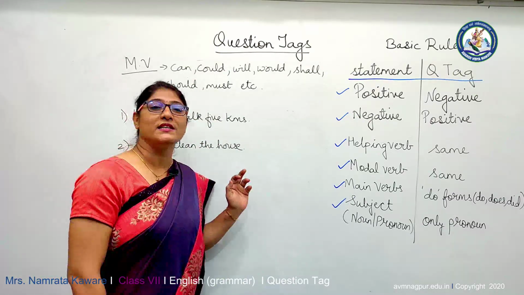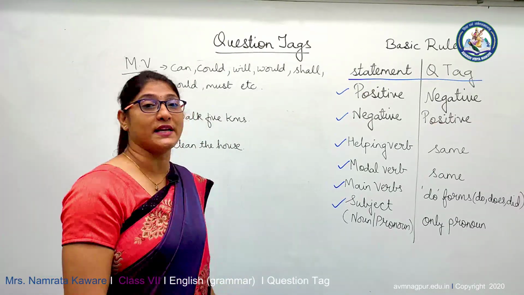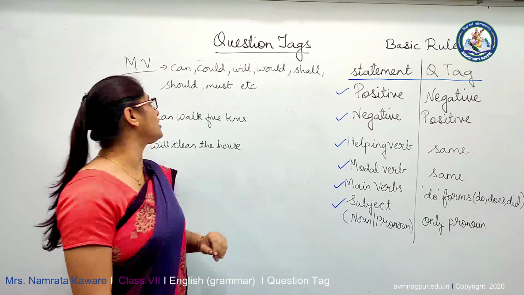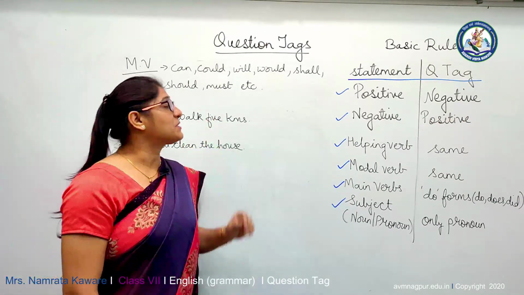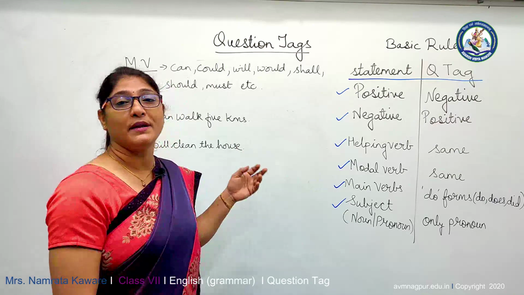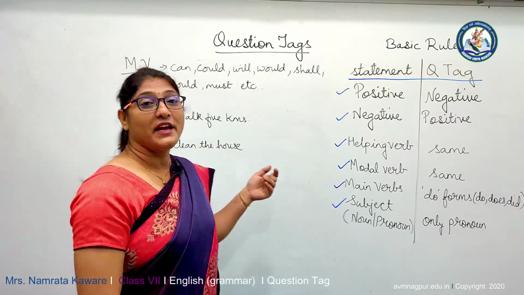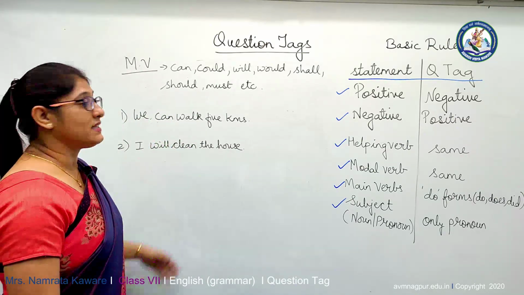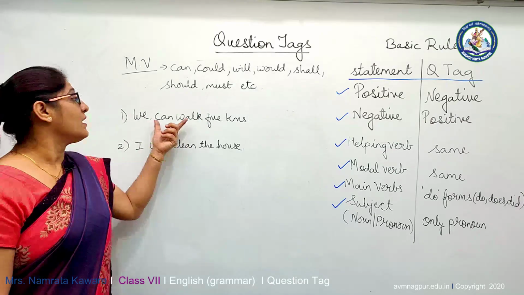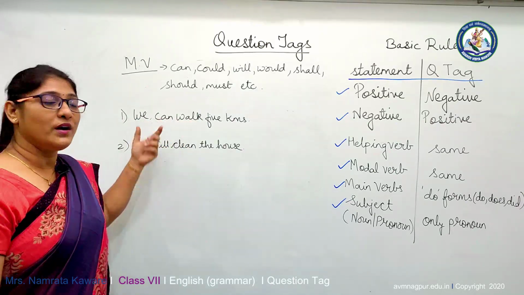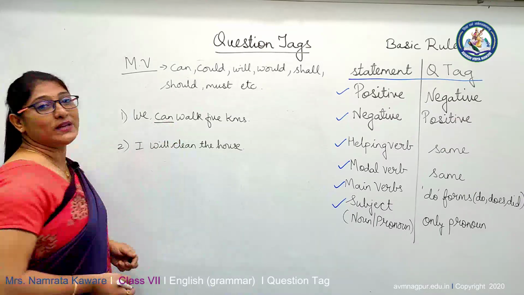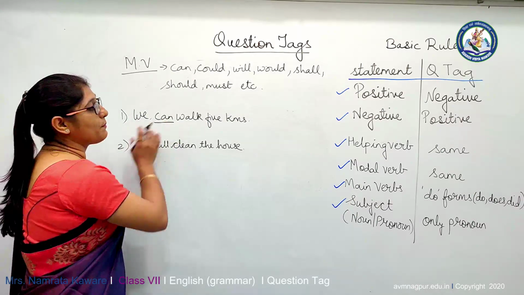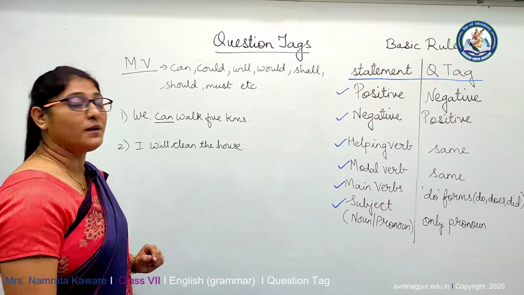Modal verbs are used in a sentence to express the exact meaning of the sentence. The list of modal verbs goes like this: can, could, will, would, shall, should, must, etc. They express different emotions like capability, compulsion, obligation, etc. Now let's see the first example. We can walk 5 kilometers. Here also we can see that there are two verbs, walk and can. We have got a modal verb over here, can. While adding question tag, pay attention to two things, the subject and the verb. Here we have got modal verb, so we will write the same modal verb in the question tag.